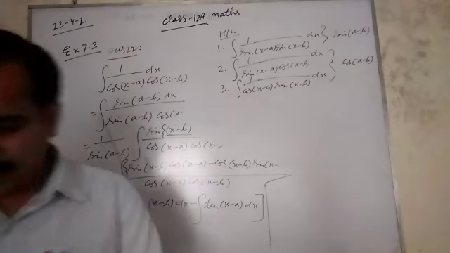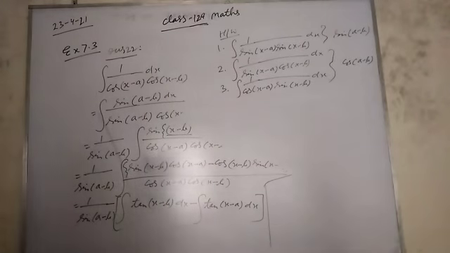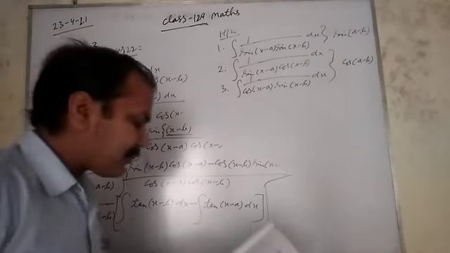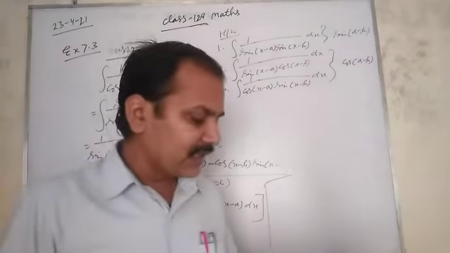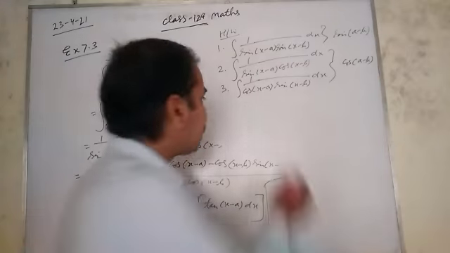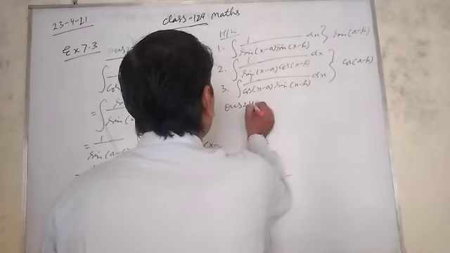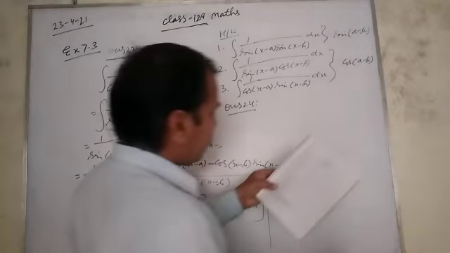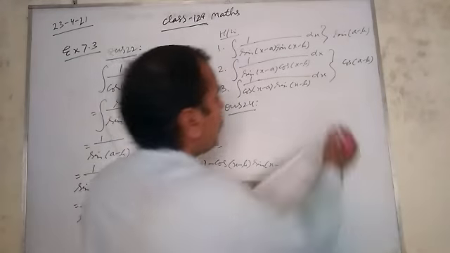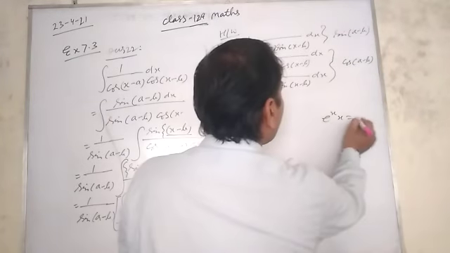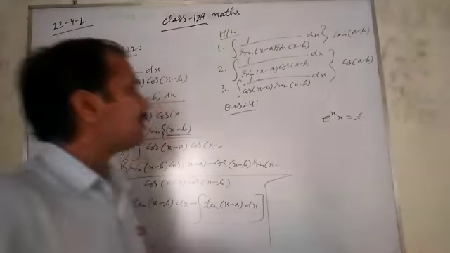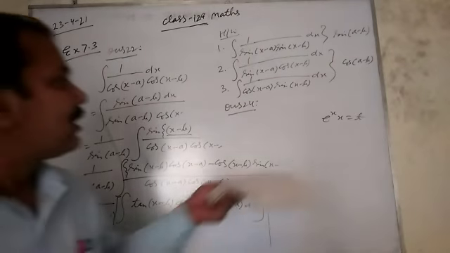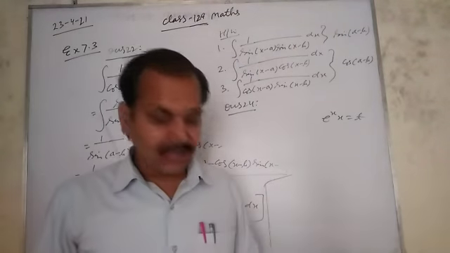Question number 23 is also like question number 17, so divide separately and after that integrate it. In question number 24, the denominator is 1 upon cos square, so in that you suppose e power x into x is equal to t, and after that integrate it. Okay, thank you.